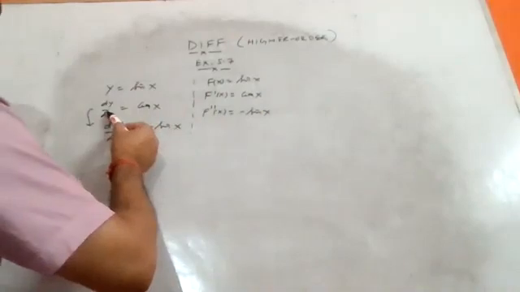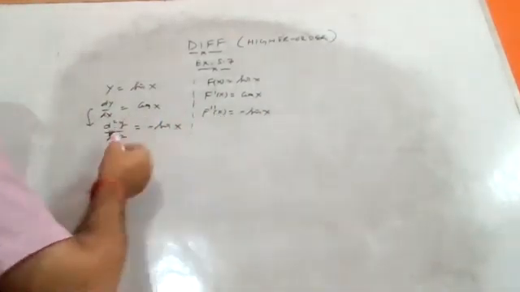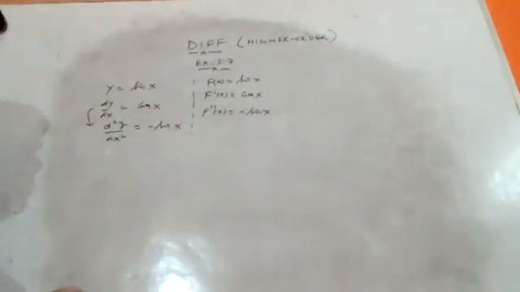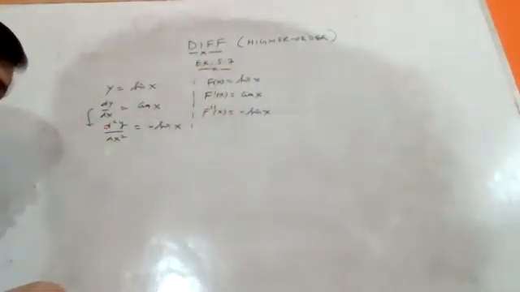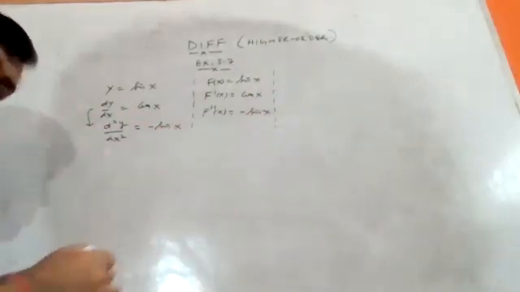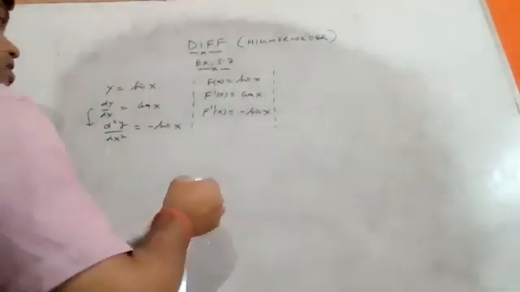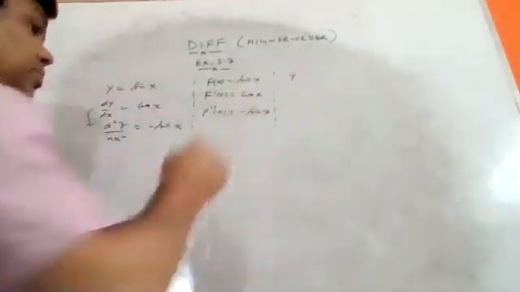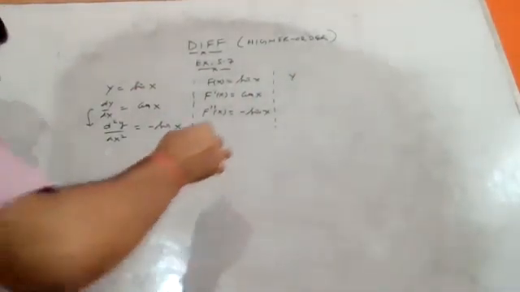F dash x refers to first order derivative. F double dash x refers to second order derivative. So this is the functional manner. We are going for functional manner and differentiate the function once, twice, and thrice. Right? Another method is known as the ab initio method. Now, what is ab initio method?